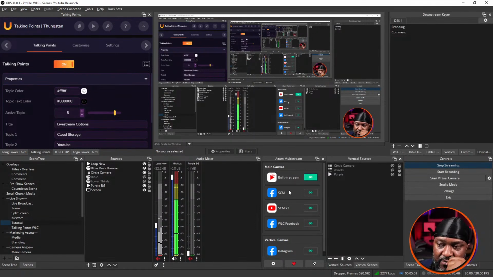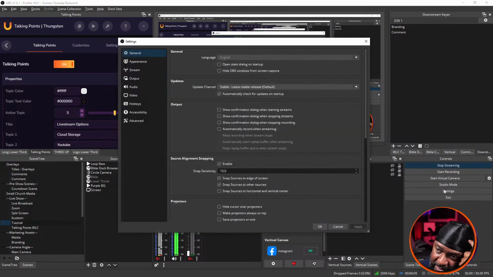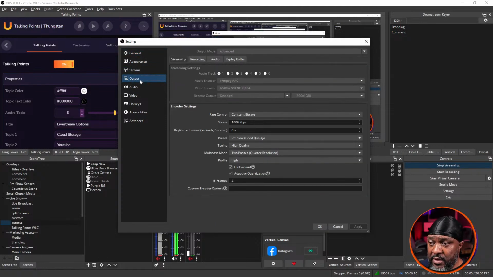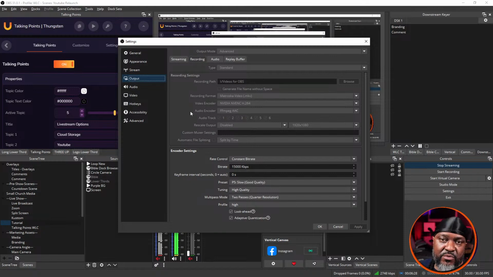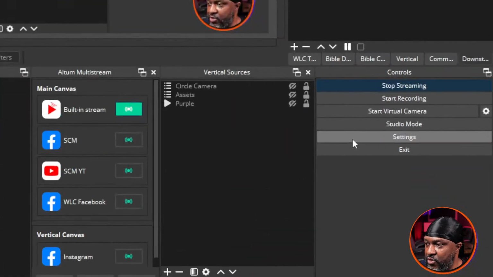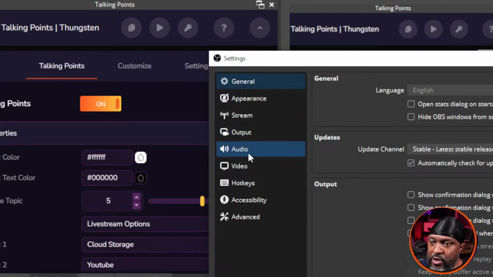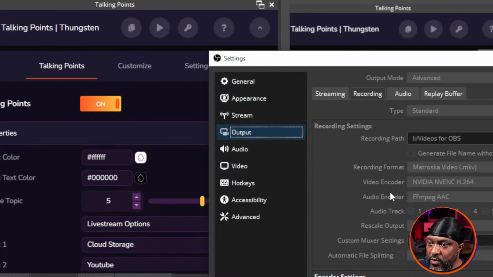Another thing you want to check: I was having trouble with the audio tracks, right? Let me just point this out. When you go into your output, actually let me boost this bitrate a little bit. The bitrate's a little low, let me boost that up. That's another thing. When you go to settings, into your output, and you go to recording, right here in the middle,